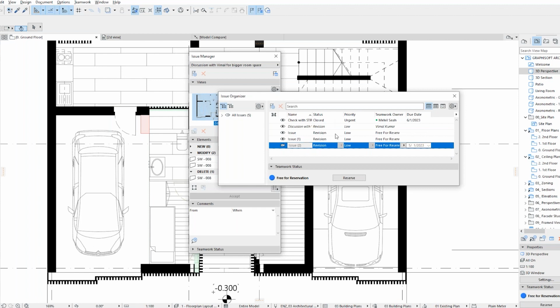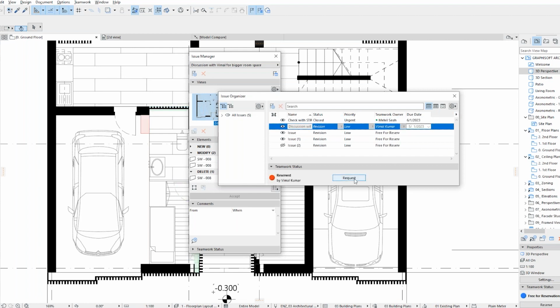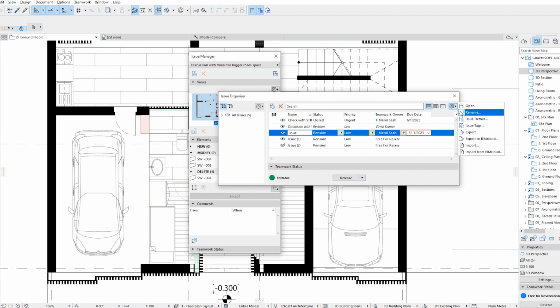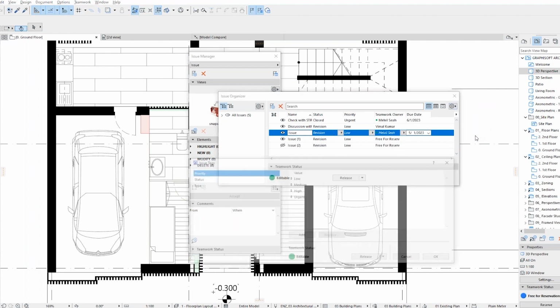And over here, earlier on, I showed you how to adjust the status and so on, and the priority, the team owner, the due date. So now if I select on this, maybe for this, okay, for this, I will reserve this first. By these additional settings, you can open them, you can rename issue details, which you already know what you can do with, and you can do export and import, which I will cover later on. And for the issue text, okay,